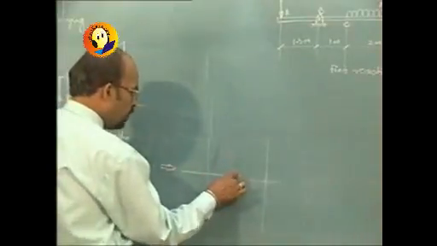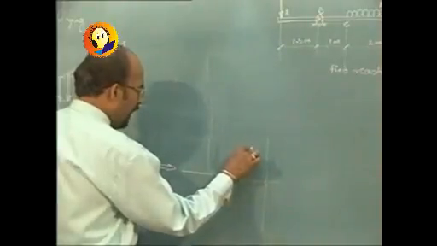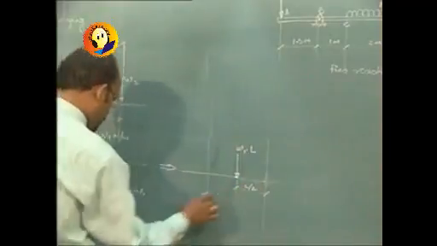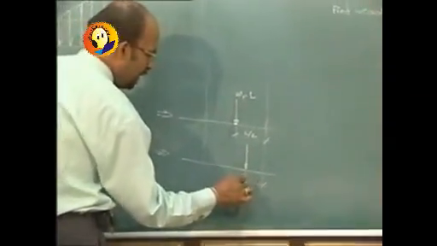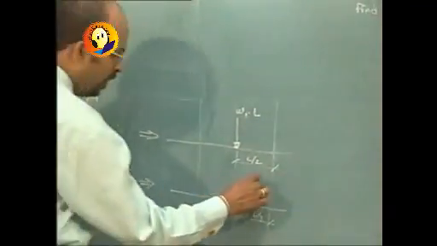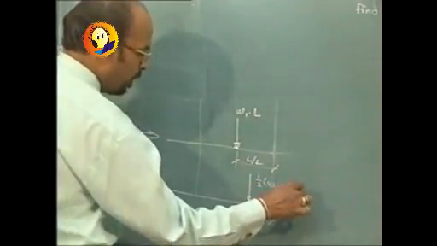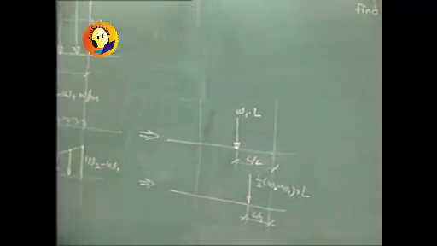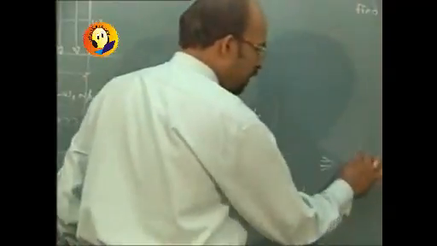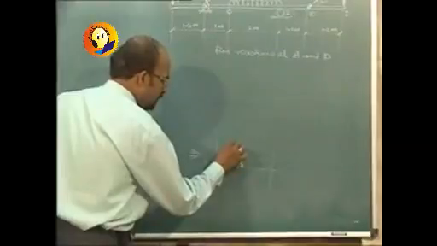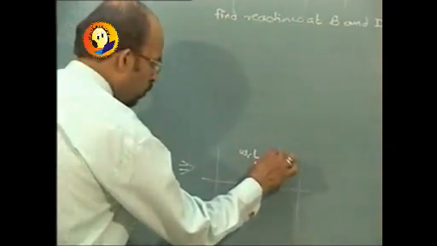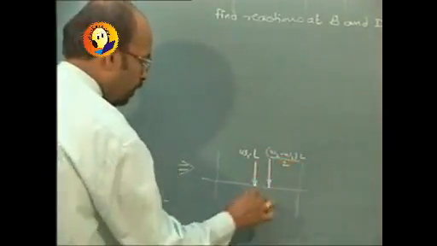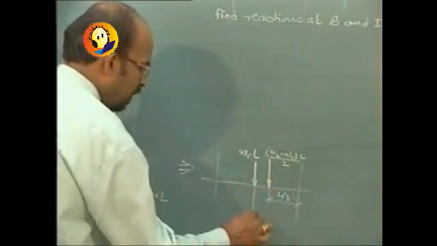because this will be converted to a point load of W1 into L acting at a distance L by 2, whereas this can be converted to a point load which is acting at a distance L by 3 as we have shown it earlier, but the area of this triangle will be 1/2 W2 minus W1 into L. That will be area of the triangle, but acting at a distance equal to L by 3, which will totally give me 2 point loads along that length, one acting at the center which is W1 into L, other acting at a distance equal to 1/3 which will be W2 minus W1 into L upon 2, and their distances are respectively L by 3 and L by 2.